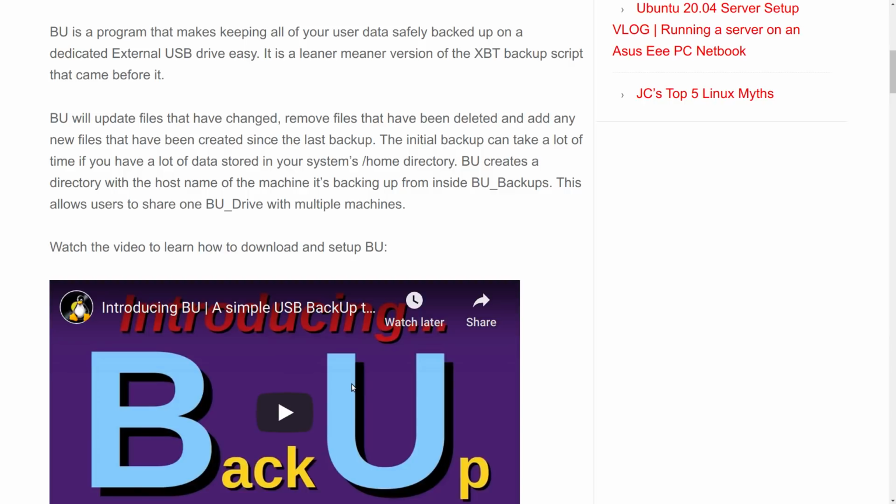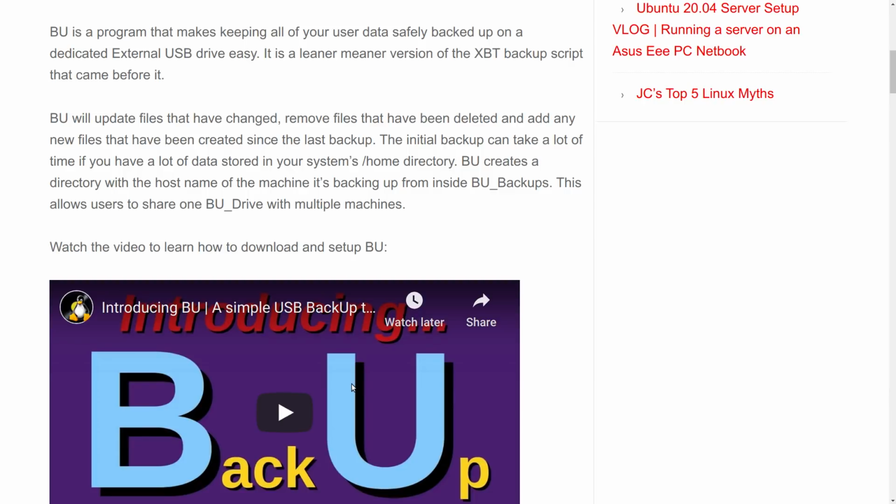And once you do that one time, the next time it will just do the updates. It'll only bring over what's changed. So the first time you do it, it may take, I don't know, hours, depending on how much data you have. But the next time it does it, it's only going to take a couple of minutes because it's only going to move over whatever changed. And that's all it does. It's a very simple piece of software.